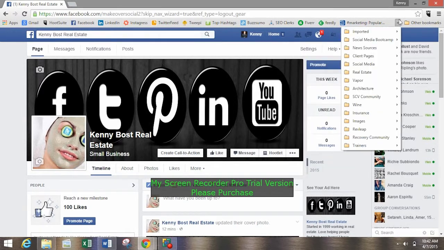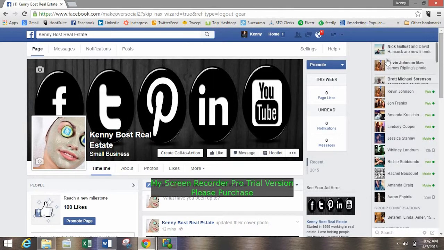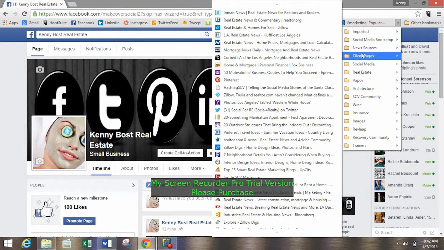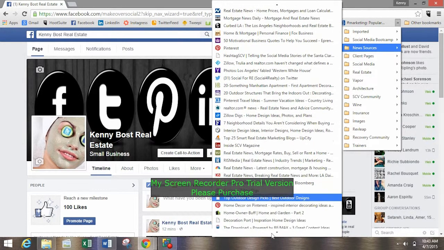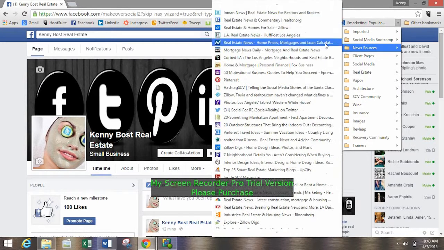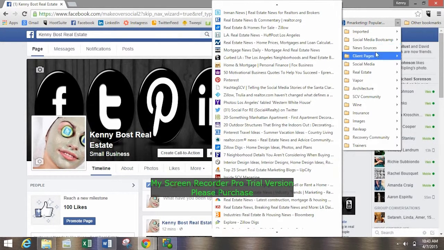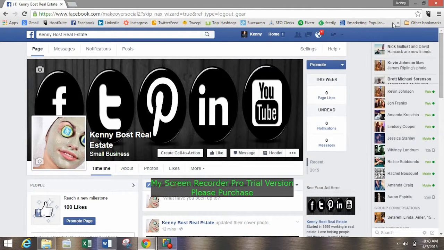Other things are, what I do is I create a little bookmark in my browser up here, and I just call it news sources. And I just have all sorts of pages about real estate related content. And later in some classes, I'm going to be teaching you about apps that can pull content for you. So what you do is you just plug in, I want news stories about real estate, or I want news stories about gardening, or home design, or interior design, right? Because that's all great content for a real estate agent.